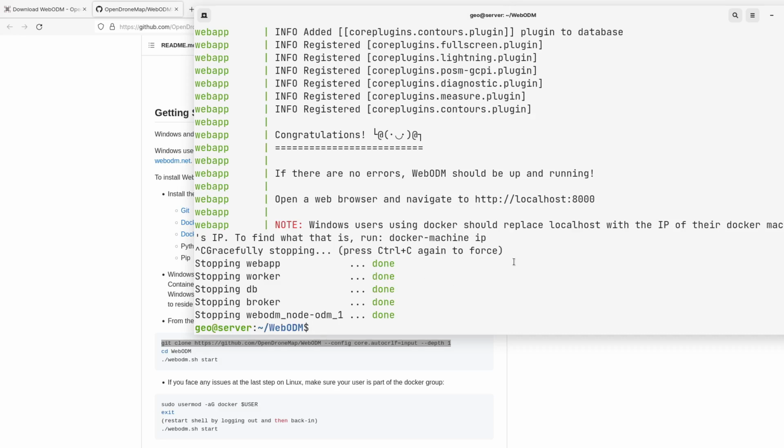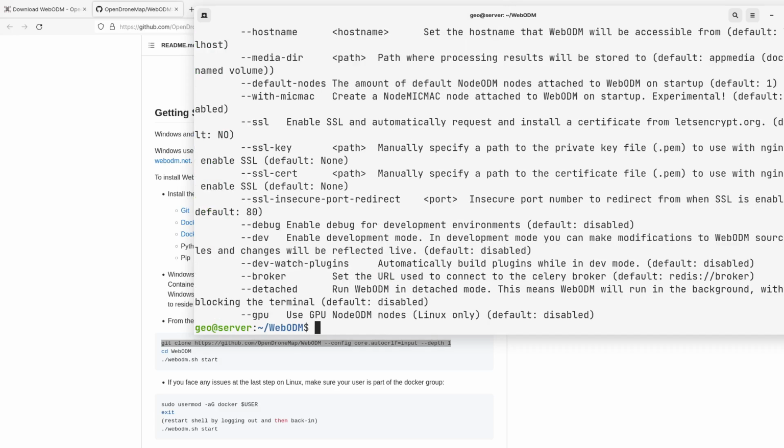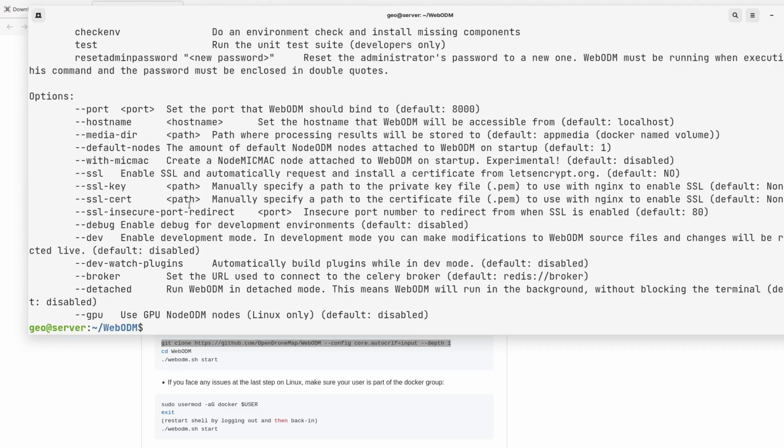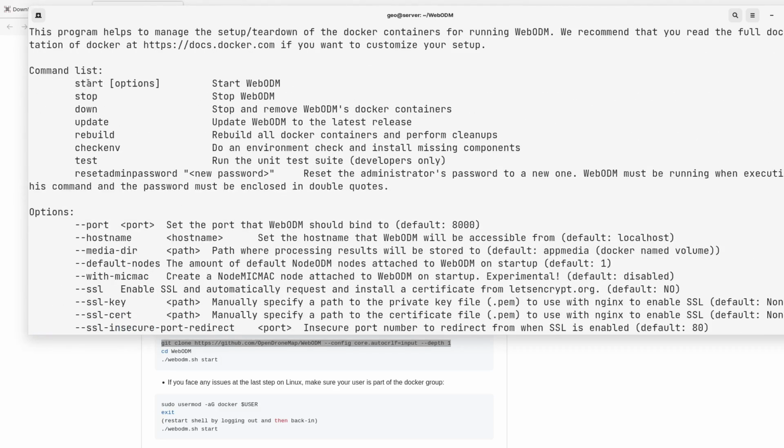So the command we used, webodm.sh start. The webodm.sh, that's just a command file. And the start is the command that we send to that file. But if we run the script or the command file without any option, we will get some information about what we can do. So the available commands are start with options. We can stop